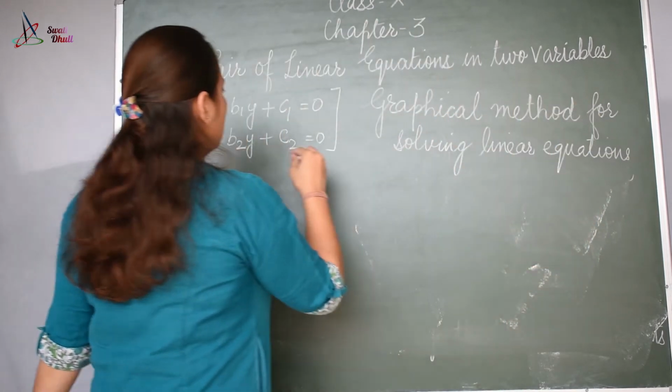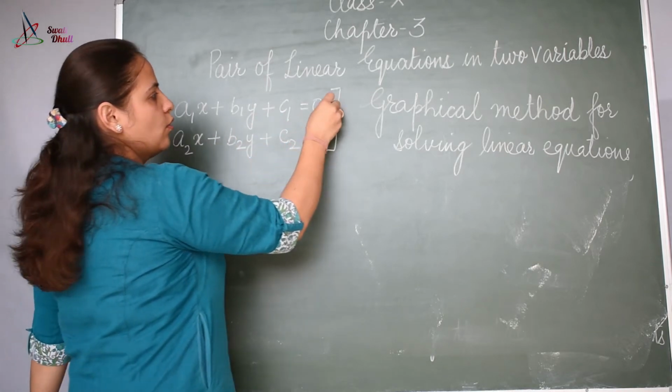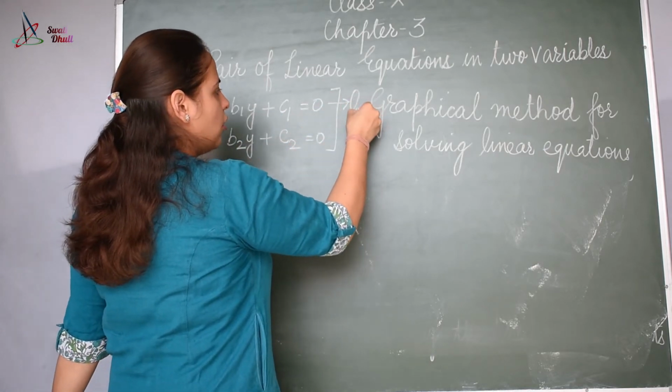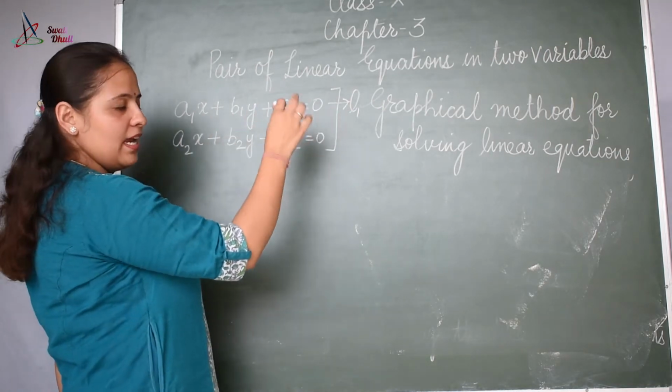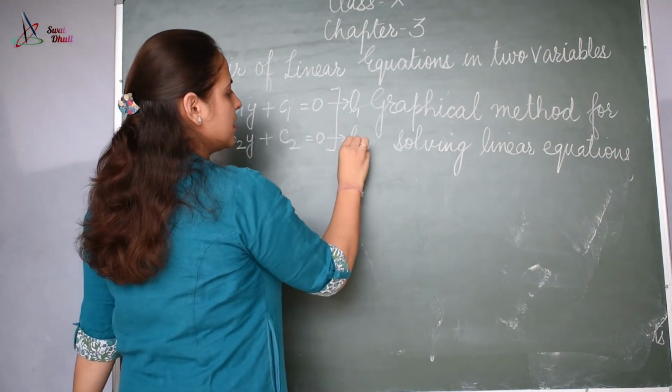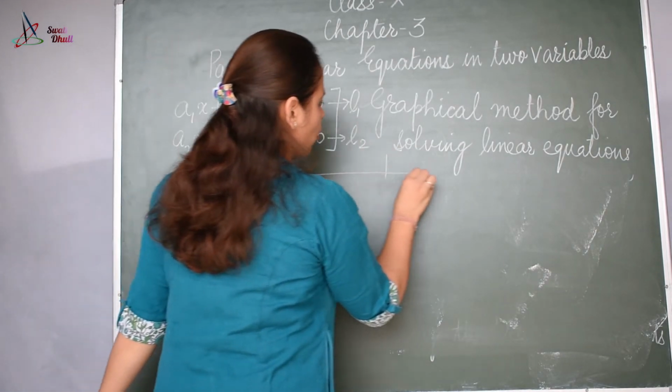Now a1x plus b1y plus c1 is equal to 0. Let it be L1, because if I draw any line, you will represent it by L1, and this we will represent it by L2. Now the graphical method for solving it is,